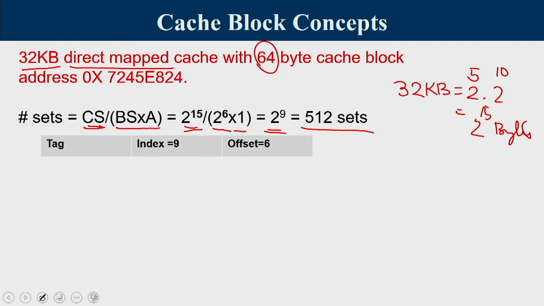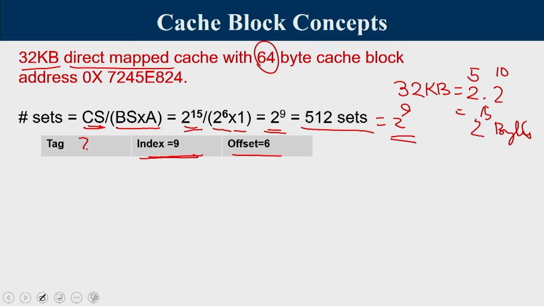Now, we have to divide the physical address into tag, index and offset, but we do not know the total physical addressability, the number of bits in the physical address. Anyway, let us imagine that we have an n bit physical address, out of which the middle few bits are for the set index. Since we have 512 sets, which is 2 power 9, 9 bits of the physical address are used for indexing, and the block size is 64 bytes, so the last 6 bits are used for offset and the remaining bits are for the tag. Anyway, here the tag bits are not relevant.